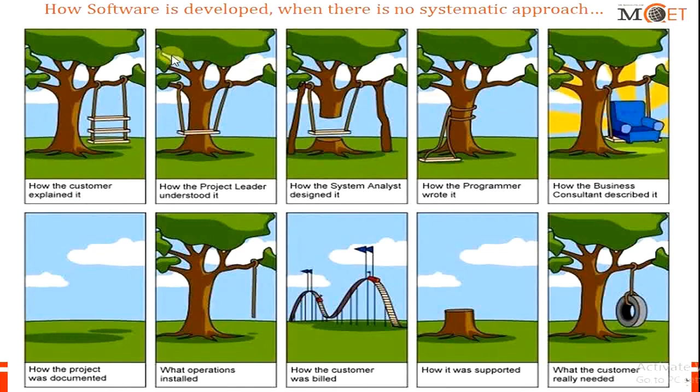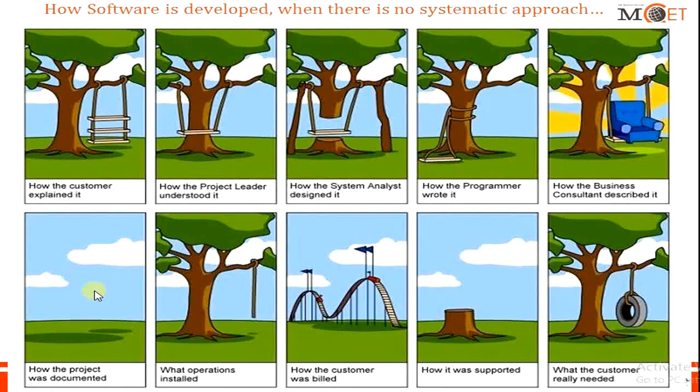In the initial picture, you can see how the customer has explained the system. Okay, so he is asking for a 3-stage swing. The project leader understands it as a single stage, and the system analyst designs it without a stem, and the programmer programs it like there is a swing but it doesn't swing. The business consultant describes it as a sophisticated sofa that can swing like that, but the